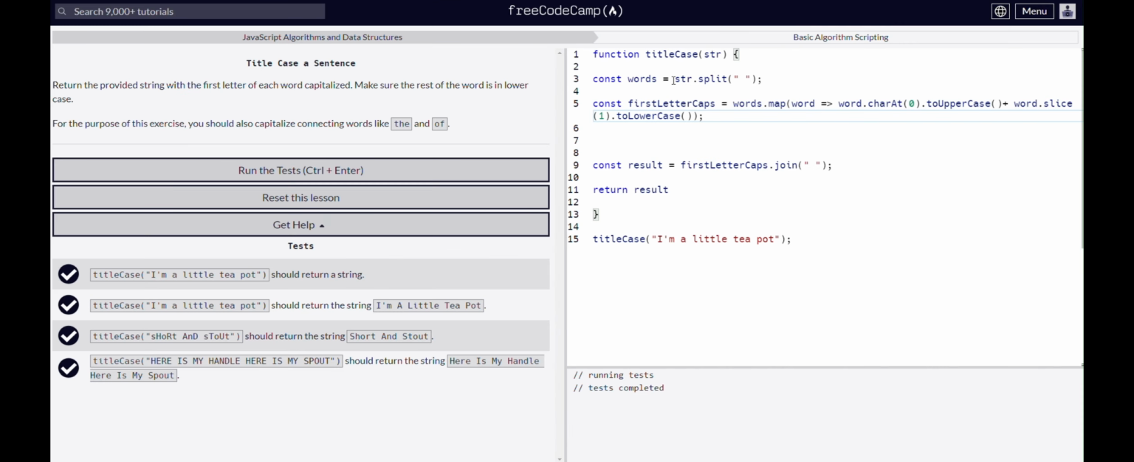So let's quickly look at this again and summarize. The split is used to split the input string into an array of words. Map, we iterate over each word and we capitalize the first letter whilst making everything else lowercase. And then join is used to put the words back together again, or rather join together back into a string. And then we return the result, and the result is where the joined